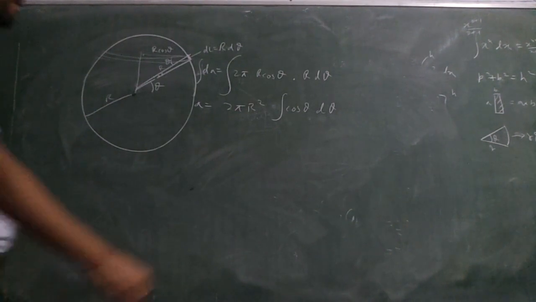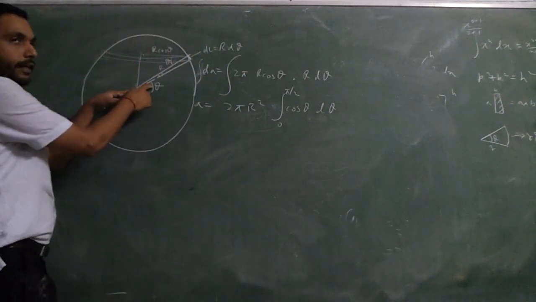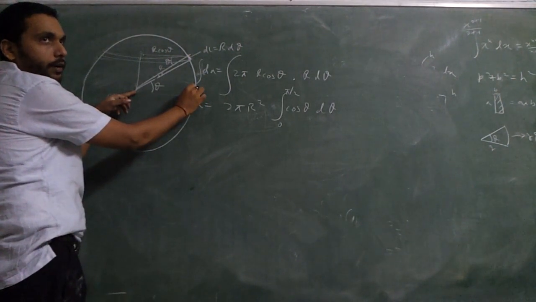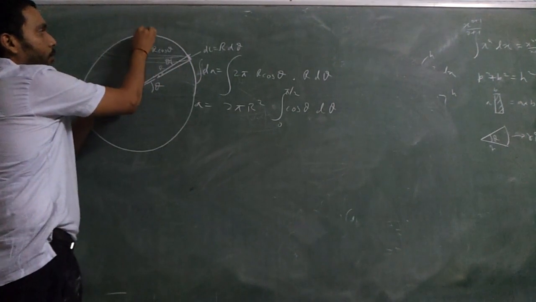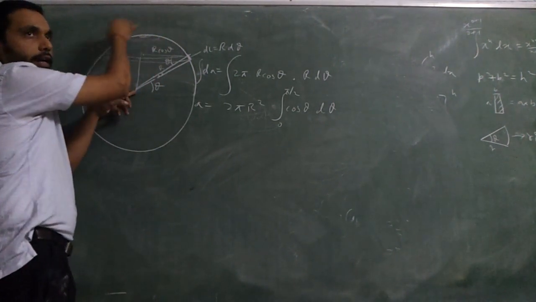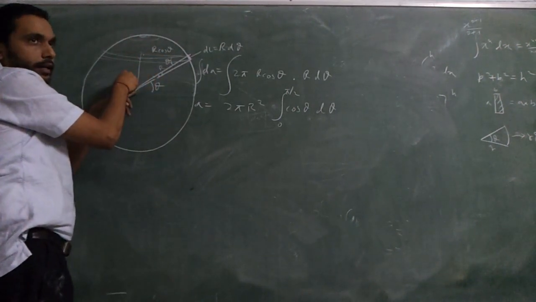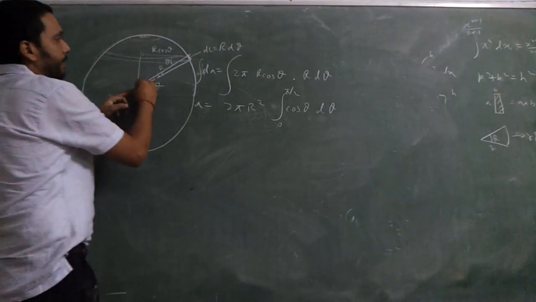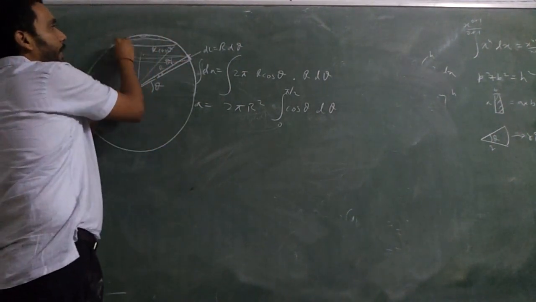Why? At 0 theta angle, I am talking about this ring. Angle goes flat. At 45, I am talking about this ring. At 90 degree, I am talking about this ring. If I go more than 90 degree, I will talk about the same ring again. It will be overlaps of the ring. If I go 0 to pi, then I'll be repeating the rings, or not? At say 60 degree, I have already calculated this ring. When I go to 120 degree, I will be back to that ring, or not?